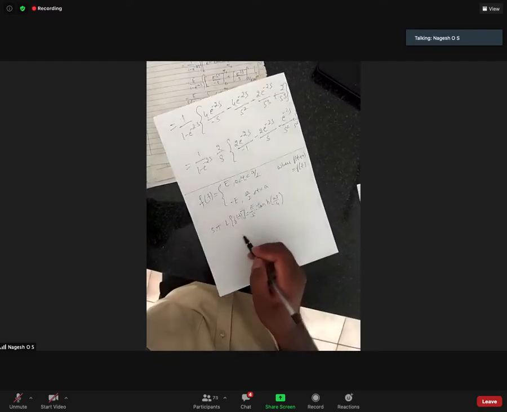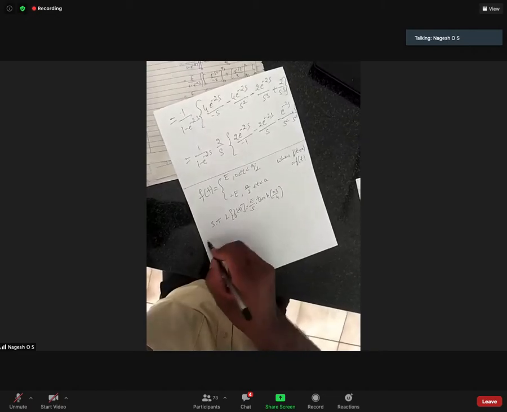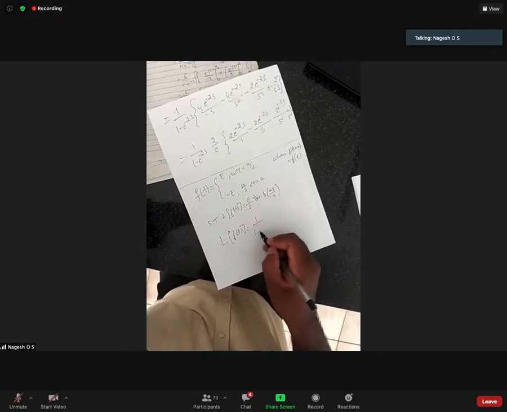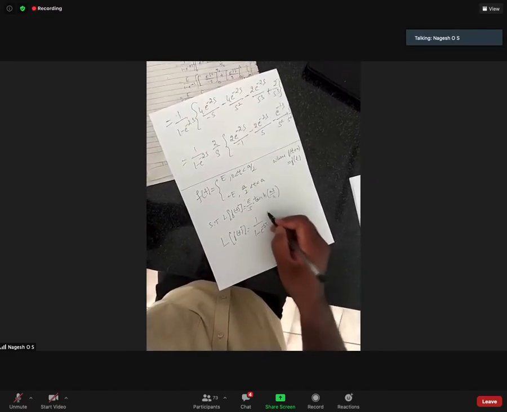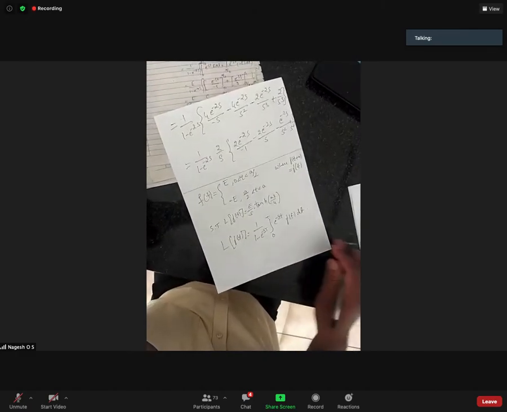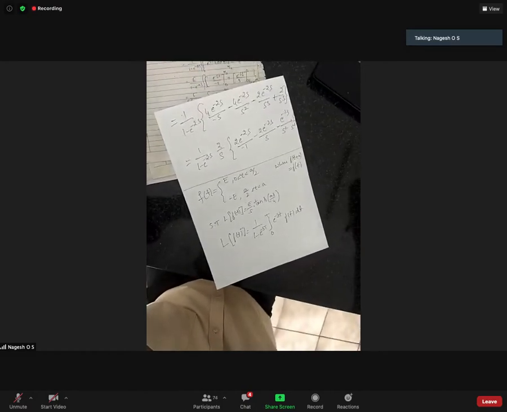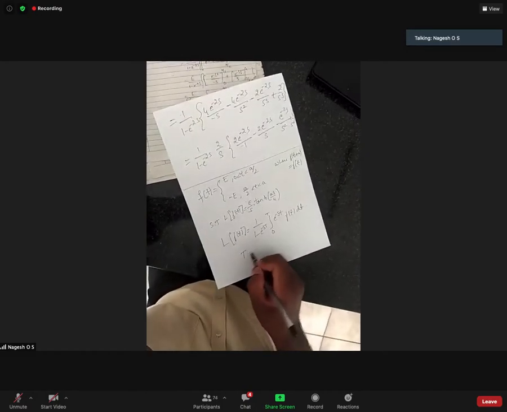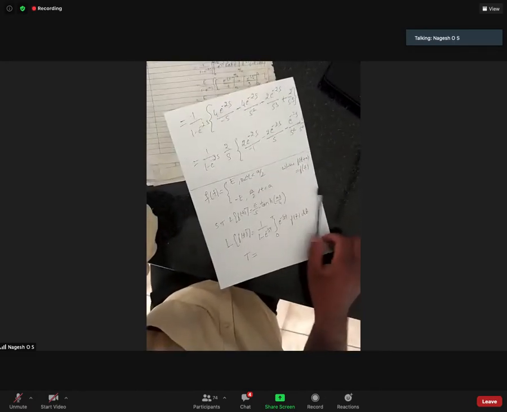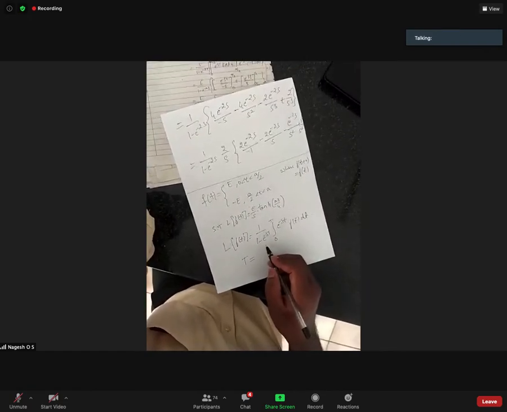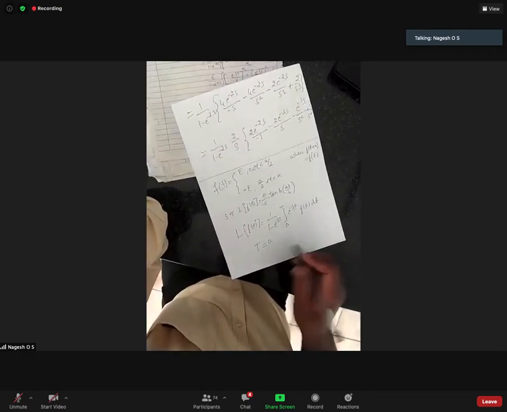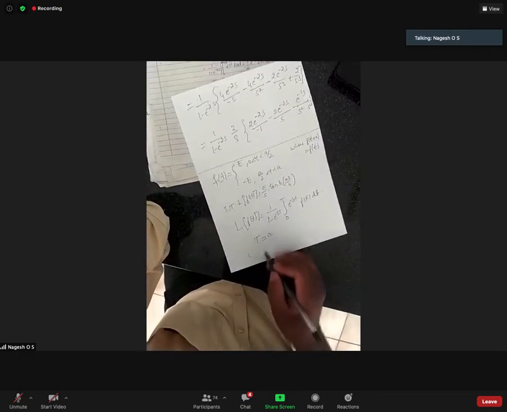Okay, this is the problem. First thing what you have to do, we have to first write the Laplace transform of a periodic function. L of f of t equal to 1 by 1 minus e power minus sT, integral 0 to T of e power minus st f of t dt. What is T here? Means capital T. What is capital T? Can anybody tell what is capital T? Yes, capital T is a only. So wherever T is there, we need to substitute a.